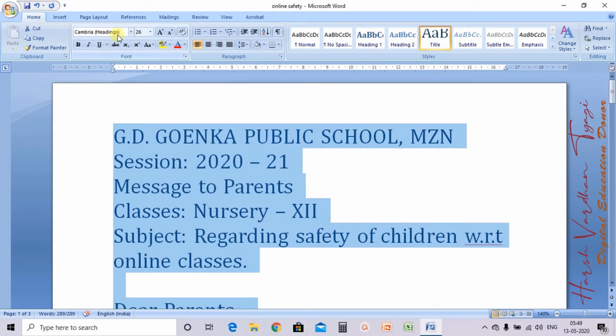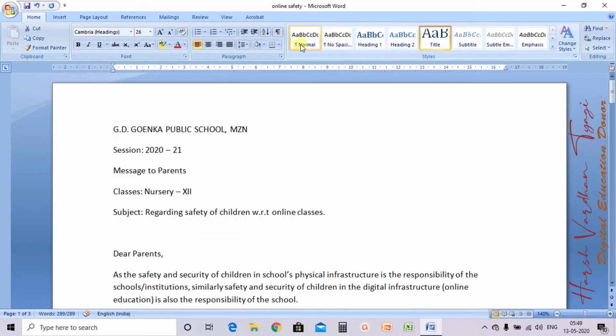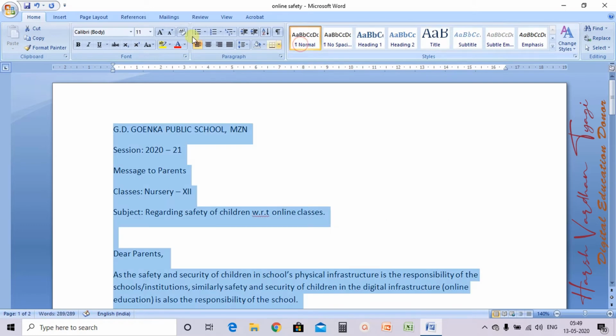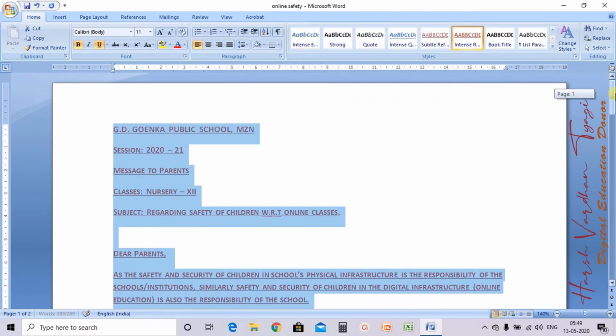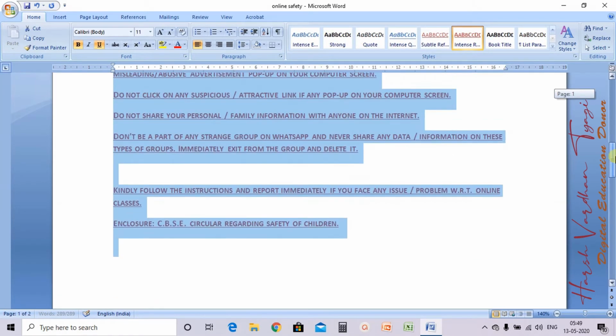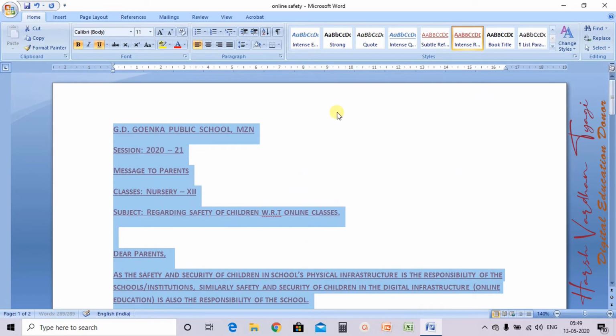Now see, Cambria Heading and font size 26. If I select Normal, then it is Calibri Body and font size 11. So this is how the styles can be used. You can use any of the styles you want, and it gives you the same look whichever style you select.